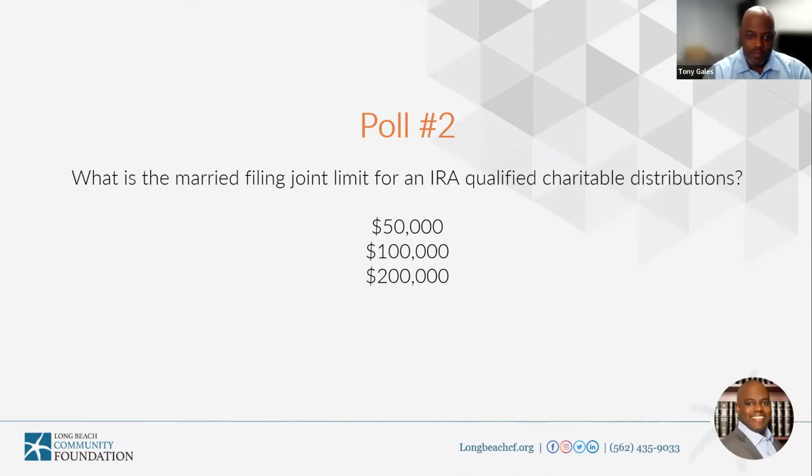All right, so there are two answers here. The individual limit is 100,000, and for two people, it's 200,000. So I can understand, and maybe it's the wording of the question, where people chose 100,000 because that is the individual limit for one IRA owner, and 200,000 for two owners. So no matter what, the limit is 200,000 for a married filing joint couple and 100,000 per person in that couple.